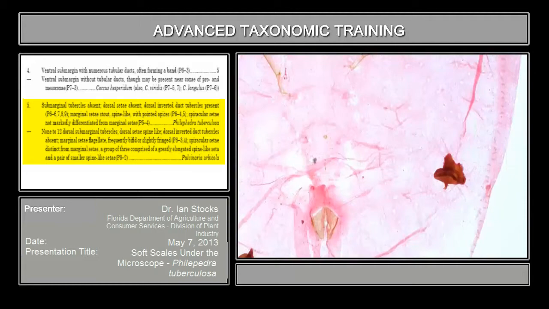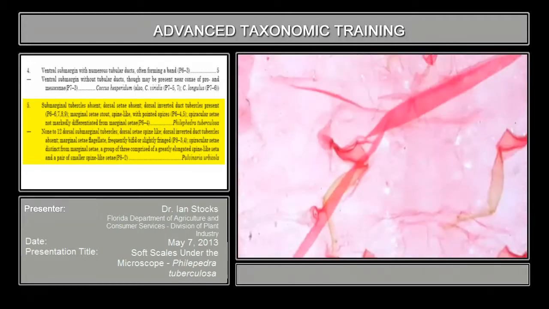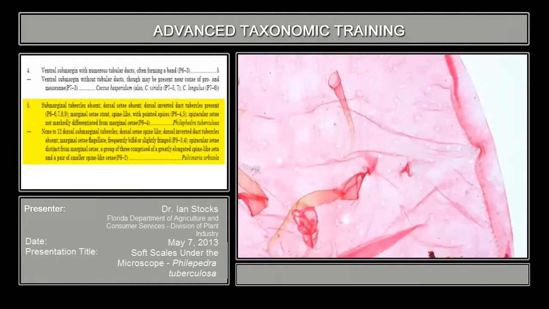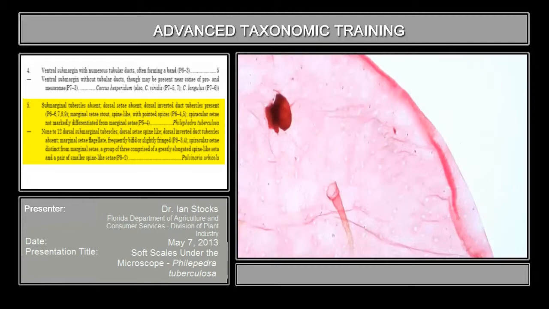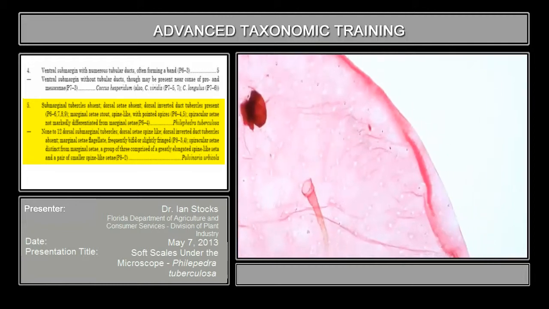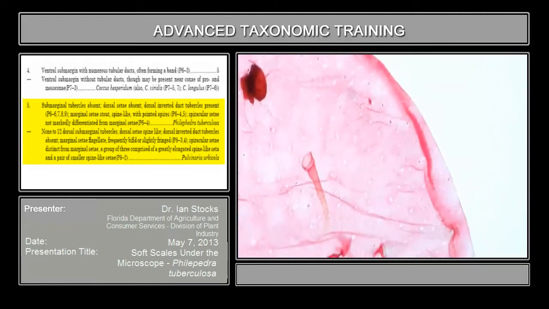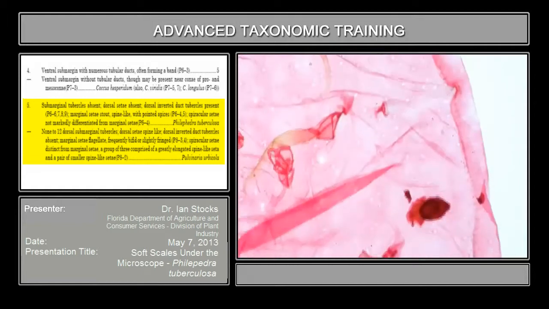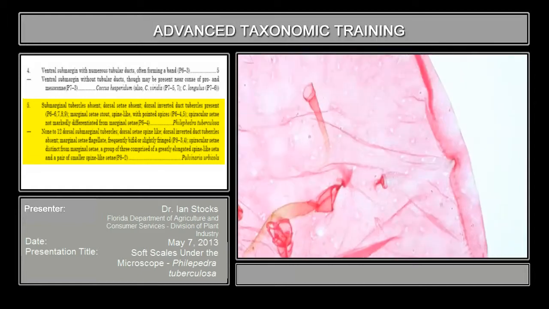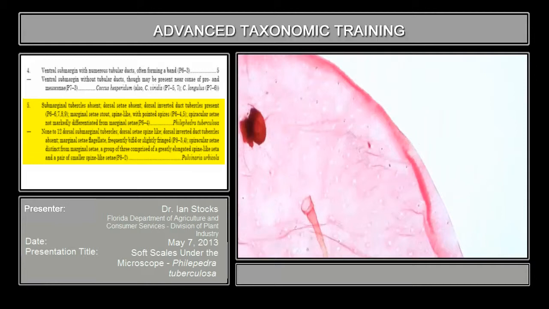Now, if you look at the slide that we have here, and it's fairly straightforward because all you have to do is start near the head and look at the marginal setae, which are very distinct, and you can just scroll through the entire slide, and you're not going to find the dorsal tubercle. Now, the thing you will find,